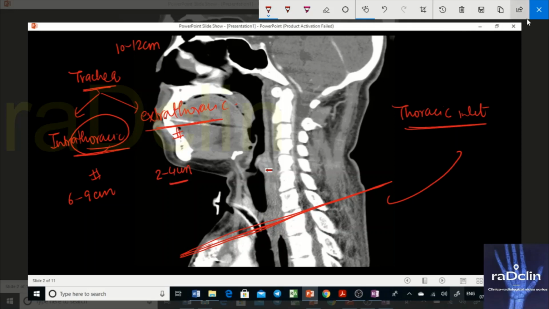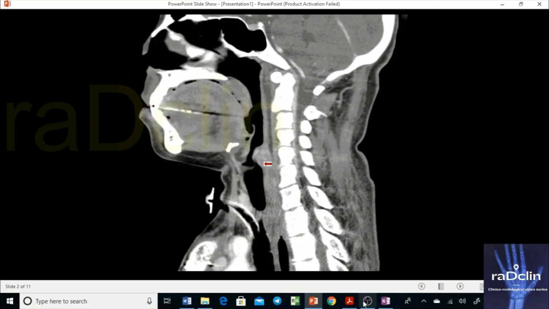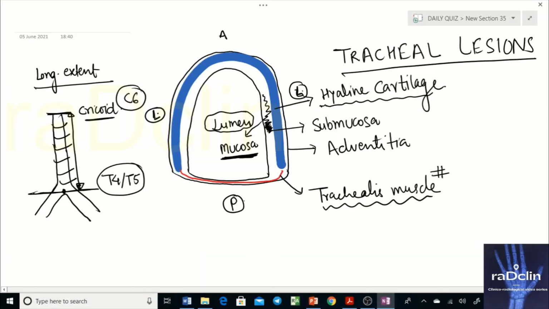Now if you look closely at the diagram that I just showed, you can clearly see the shape of the trachea. It's a horseshoe shape. Another shape that it could be is triangular as well, and it is also called inverted P shape. These are normal shapes that you may find in a normal person.